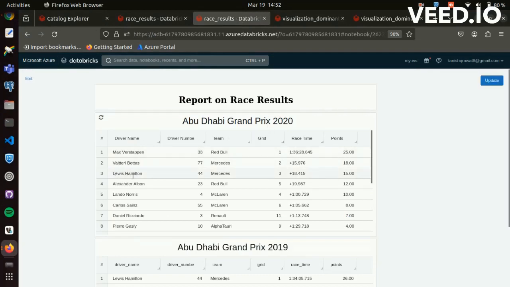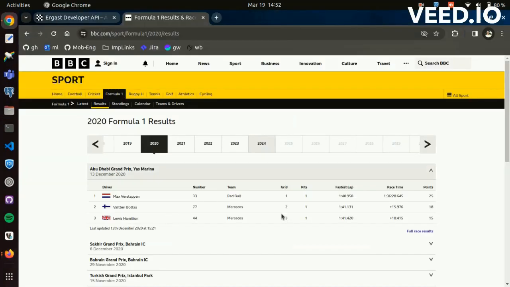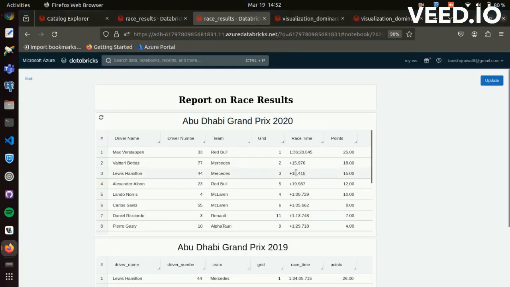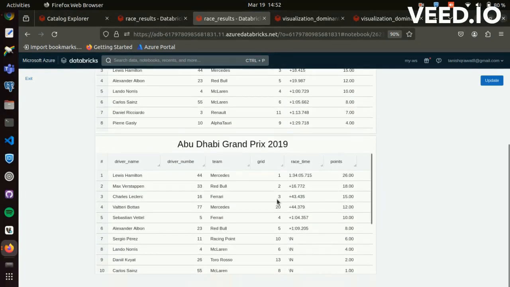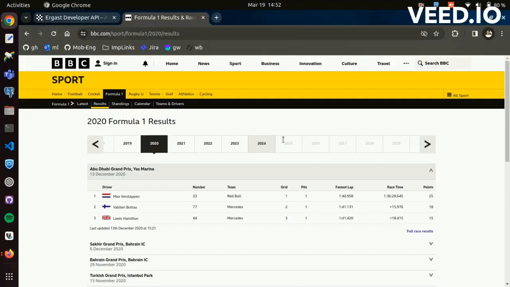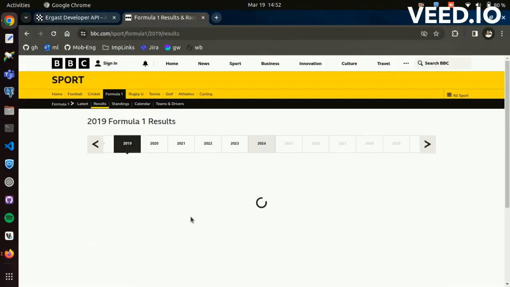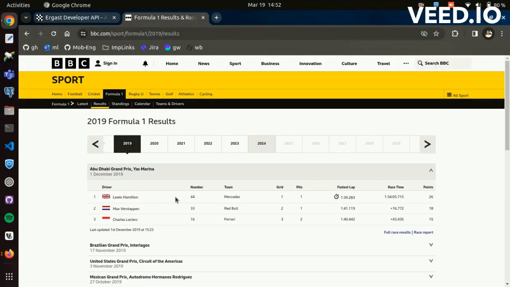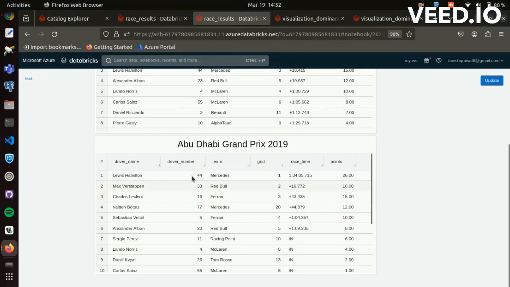Lewis Hamilton was third and he gathered 15 points, and his race time was plus 18 minutes 415 seconds. And we can compare the results of 2019. Lewis Hamilton won the race with a race time of 1 hour 34 minutes and 26 points. We can see this.